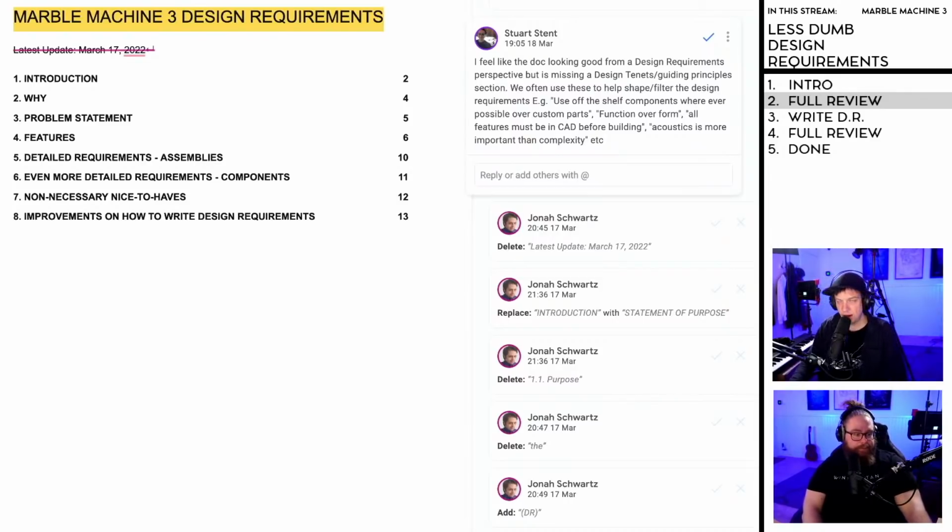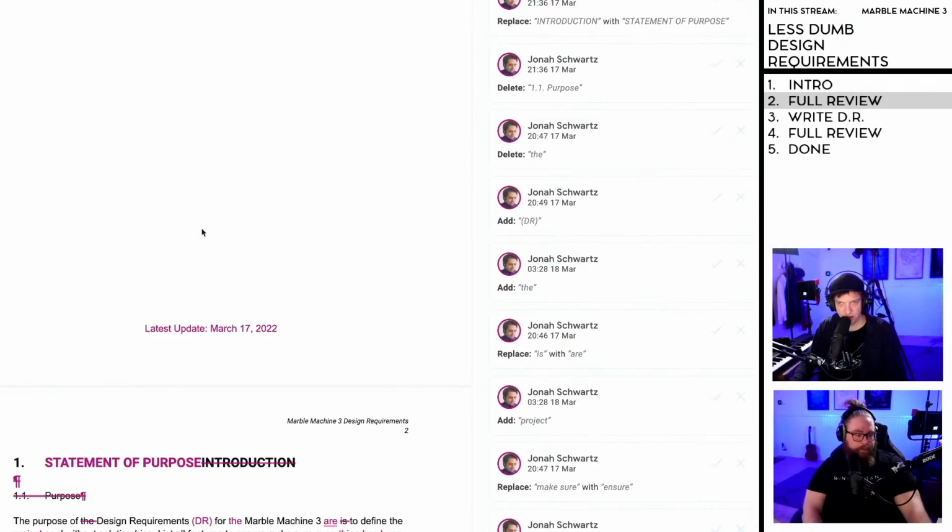So I agree with Stuart Stant, by the way. We should have a completely new section, design tenets guiding principles. So I'm gonna add this, Stuart, and I'm gonna approve your suggestions. So thanks so much for making it. I think I'm gonna add it